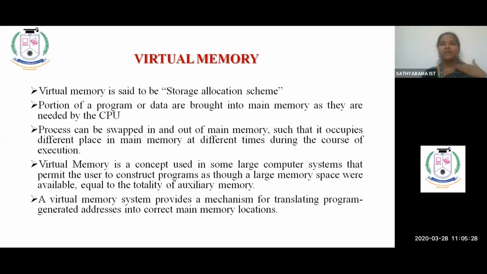So we have seen all the different types of RAM, ROM, and so on. And finally, we have seen how a memory can be organized, and the different types of memory organization, like main memory, auxiliary memory,